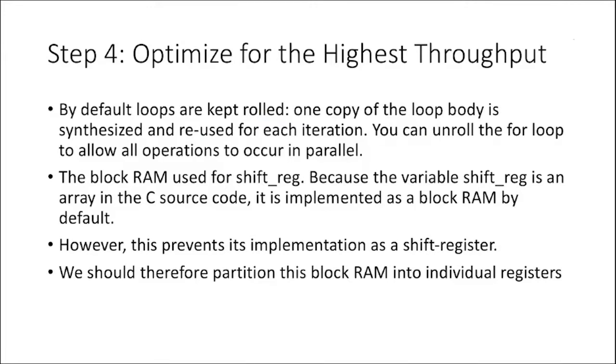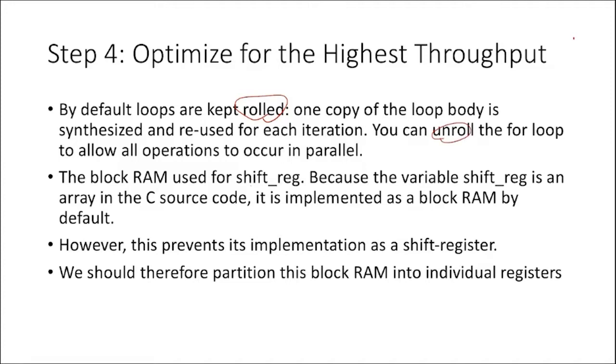Step 4 is to optimize for highest throughput. By default, the loop is kept rolled, so we can reuse the loop for each iteration. You can also unroll the loop to allow all operators to occur in parallel. The second is the block RAM